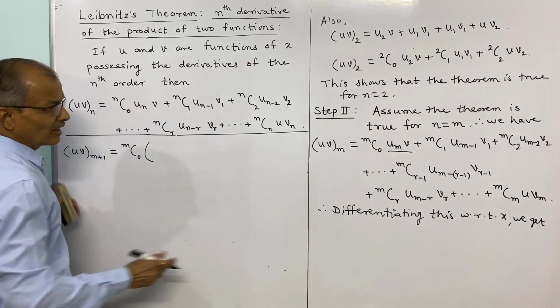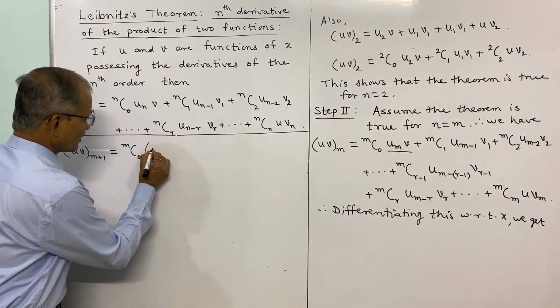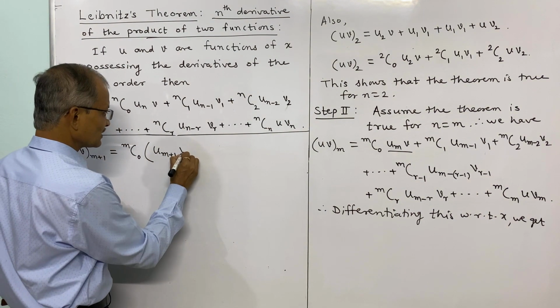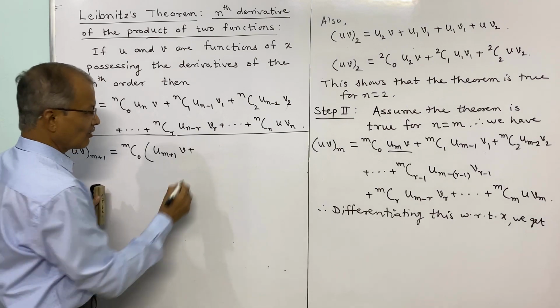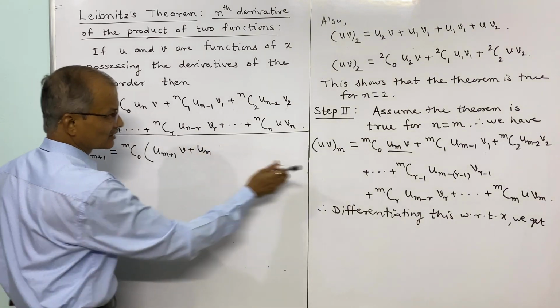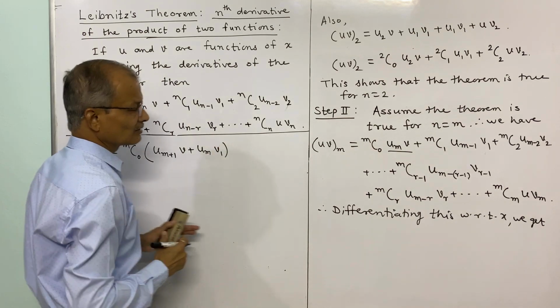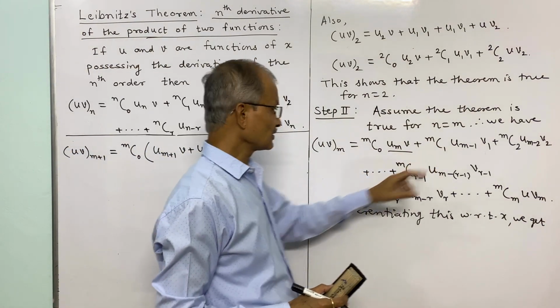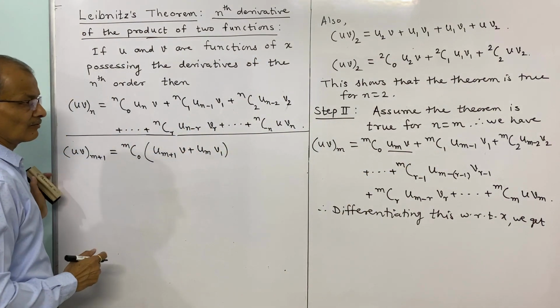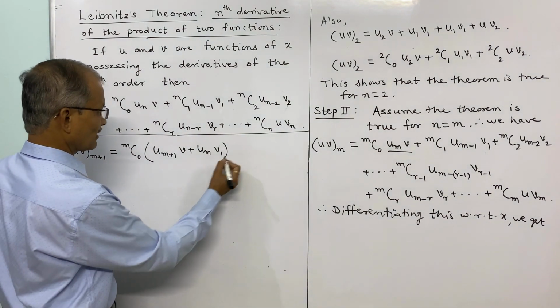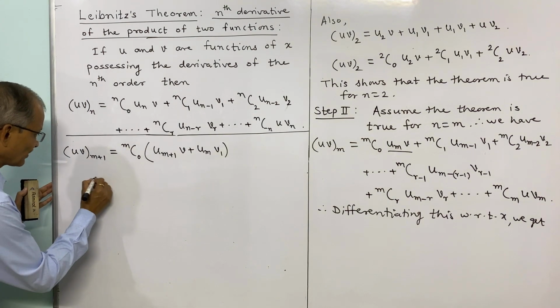So that will be the m plus 1th derivative of u, and second as it is, that is v, plus first as it is, and derivative of second means v1. So this much is the derivative of the first term, plus go to the next term, that will be m choose 1, and so I shall write here plus